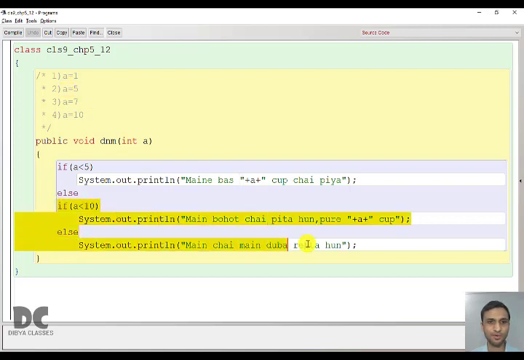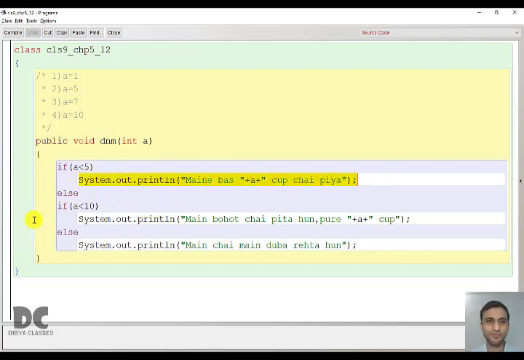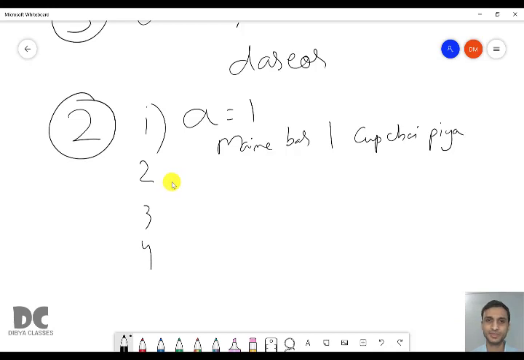And this whole thing is present inside this else. This is again an if-else-if ladder program. This is true block and this whole thing is false block. Since true block is executed, false block will not get executed.